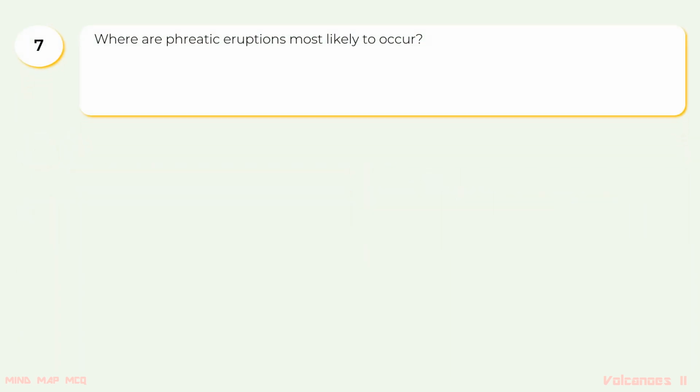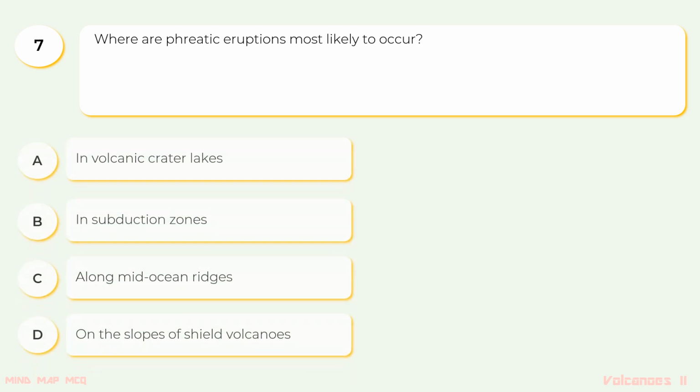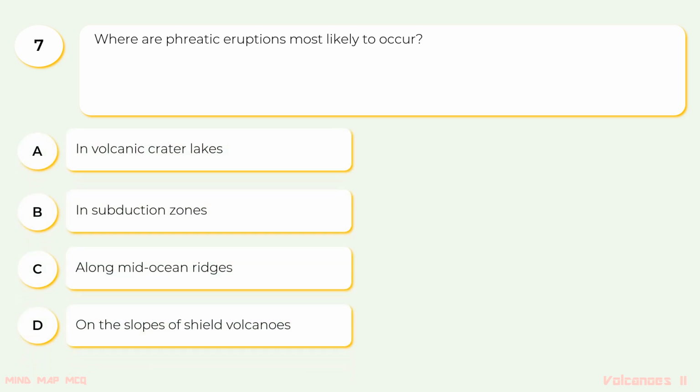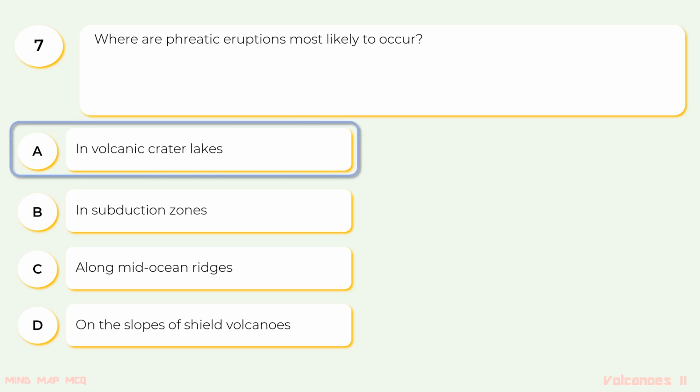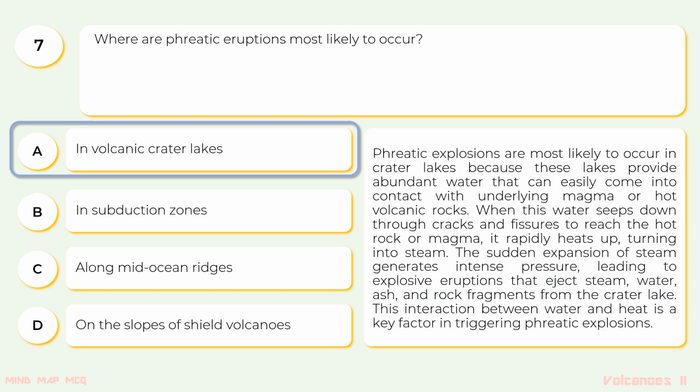7. Where are phreatic eruptions most likely to occur? The options are A. In volcanic crater lakes, B. In subduction zones, C. Along mid-ocean ridges, D. On the slopes of shield volcanoes. The correct option is A. In volcanic crater lakes. Phreatic explosions are most likely to occur in crater lakes because these lakes provide abundant water